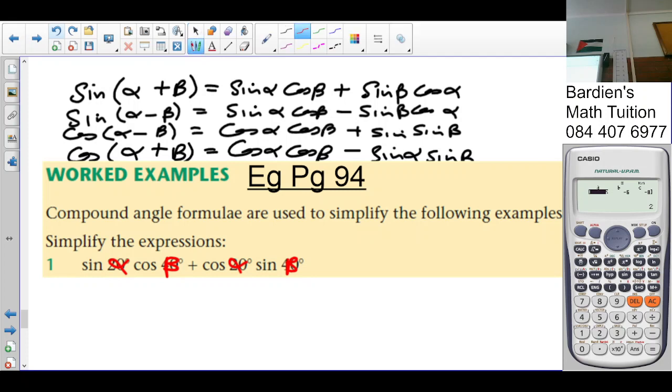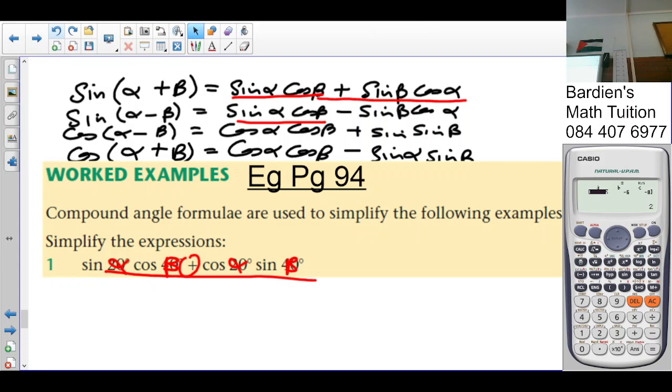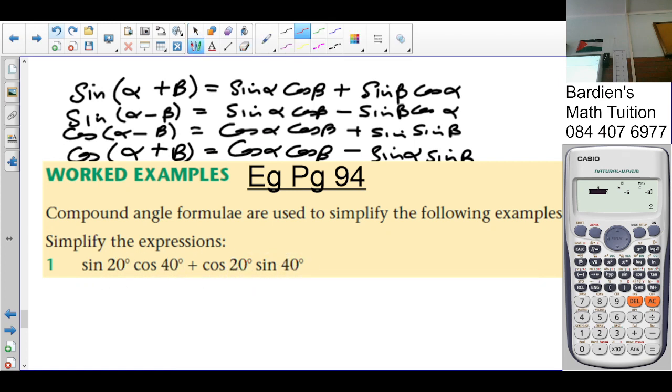So let's look here again. If we got sine alpha cos beta, which is one of these two. But I have a plus, so it's that one. Does it make sense, people? Okay. So what is alpha in this case? 20 and your beta? 40. So in other words, this will simply be what? Sine alpha, which is 20, plus 40. What's 20 plus 40? 60. And then we take it to its special angle.